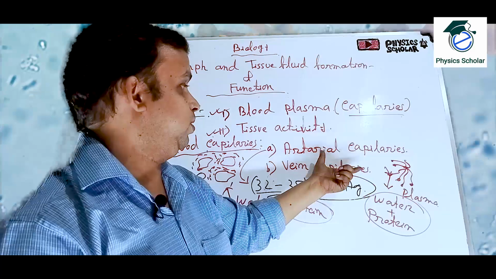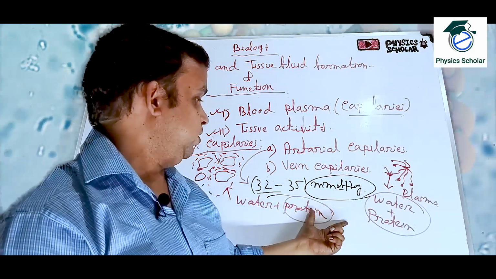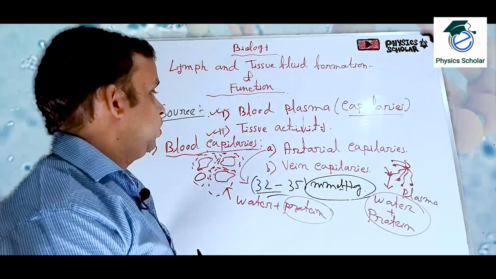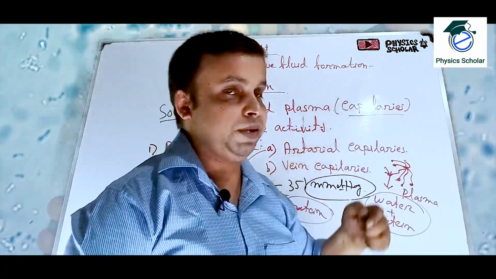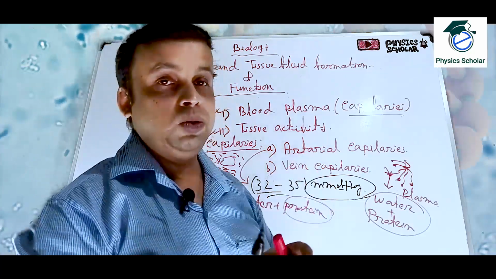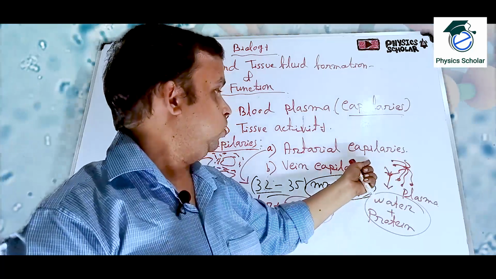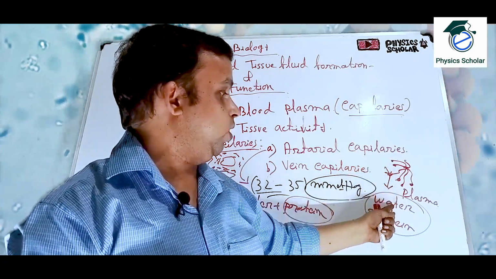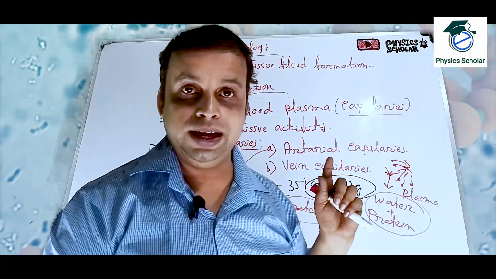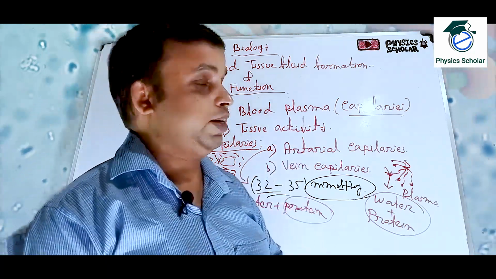Obviously we can consider the blood as a mother source of protein. Clear? So the amount of protein here in the tissue fluid will be lesser than that of the blood. Clear? So what we come to know, that in the arterial capillaries the blood pressure will be more. So when the blood will come, then what will happen? Due to the pressure, okay, there will be a difference of the osmosis pressure. Okay, so from the blood plasma, the water and the protein will come out, okay, and fill up the gap between the tissues. Okay, so this is how the tissue fluid develops from the arterial capillaries.